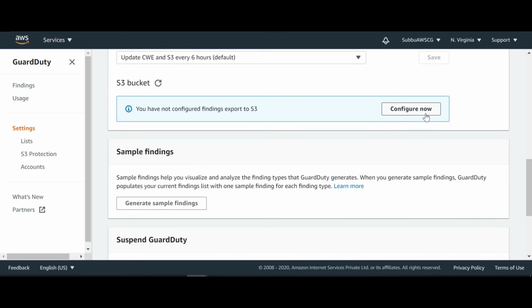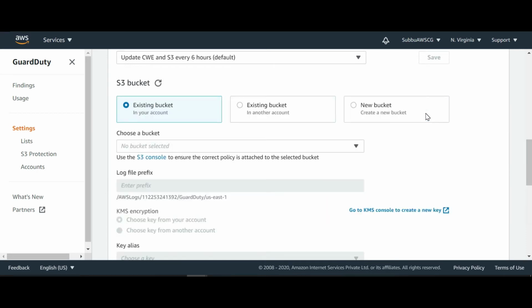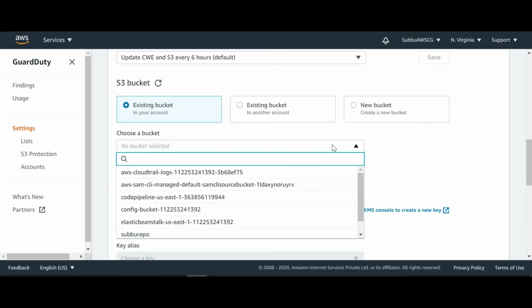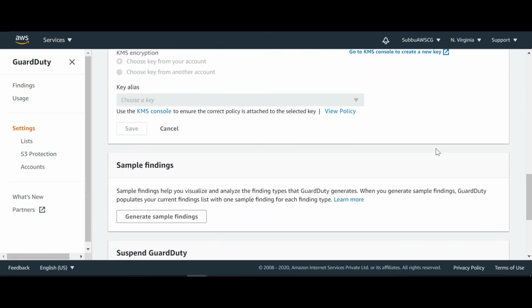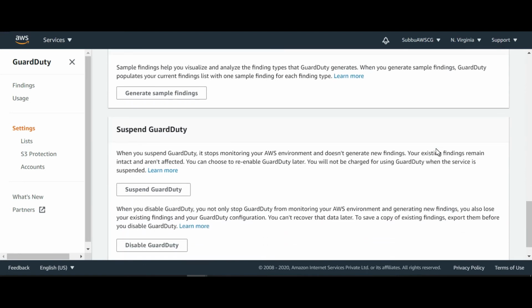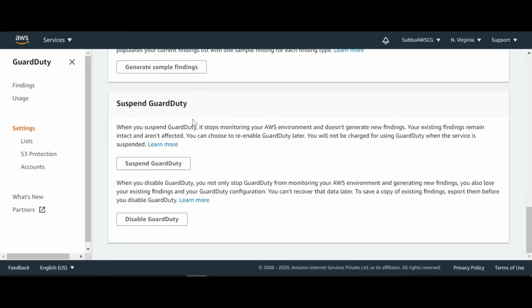You can click on configure now and then choose a bucket to archive your findings, that you can do it later. So you can suspend GuardDuty anytime. You can suspend GuardDuty or totally disable it, that you can do at any point of time.